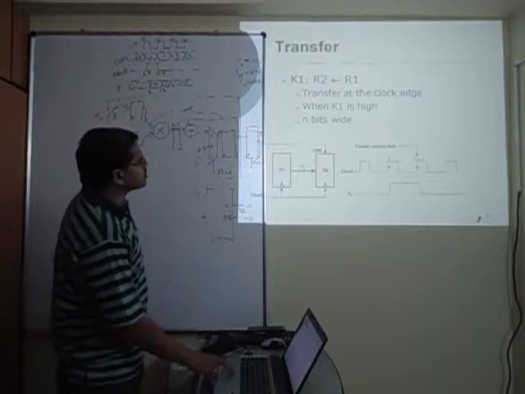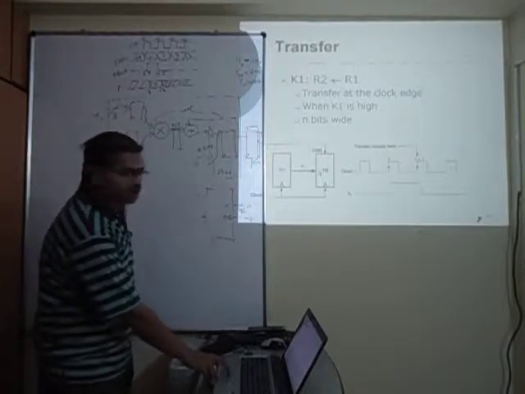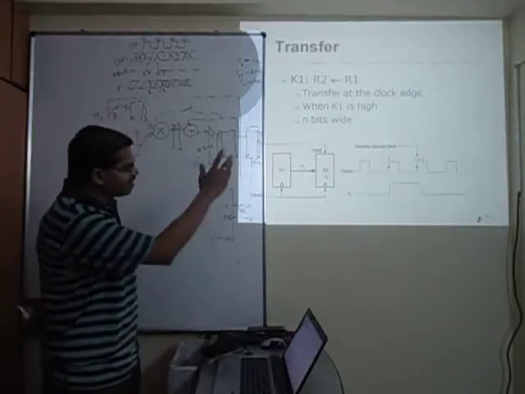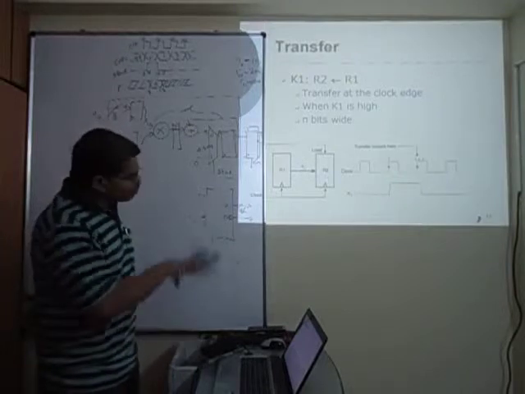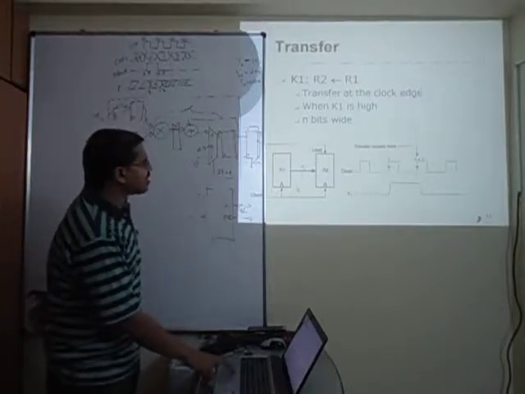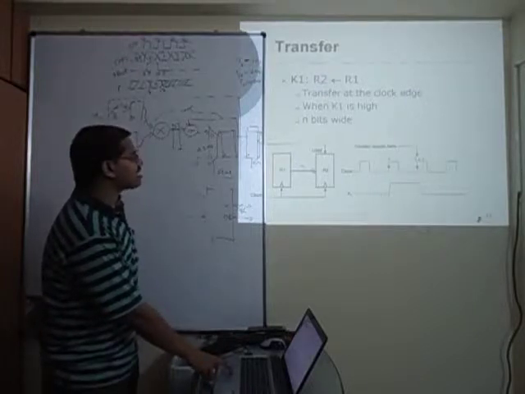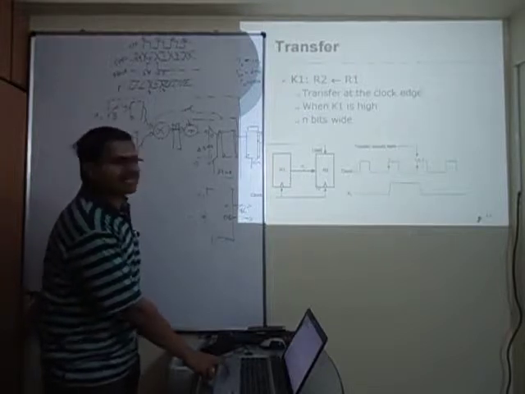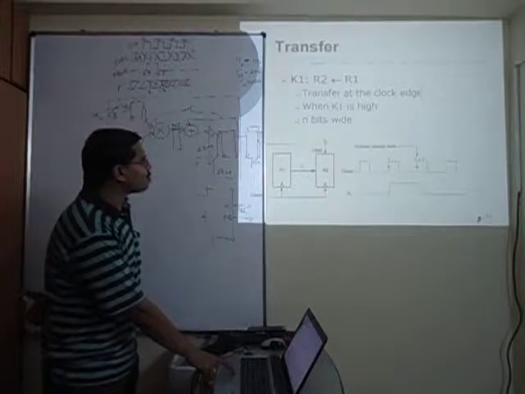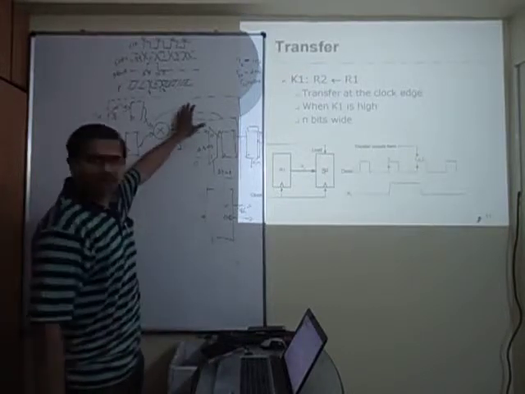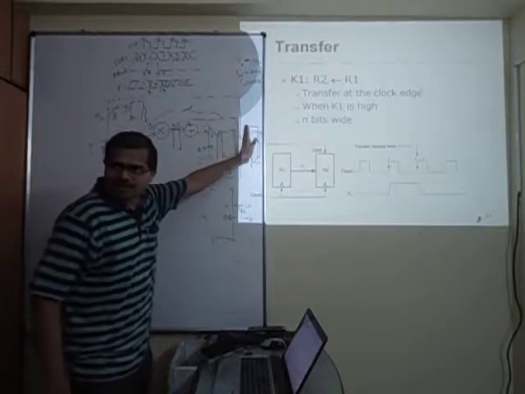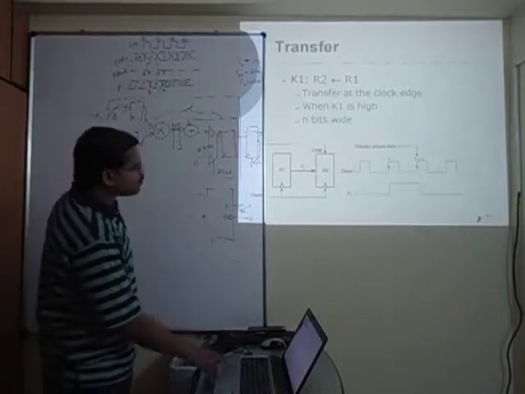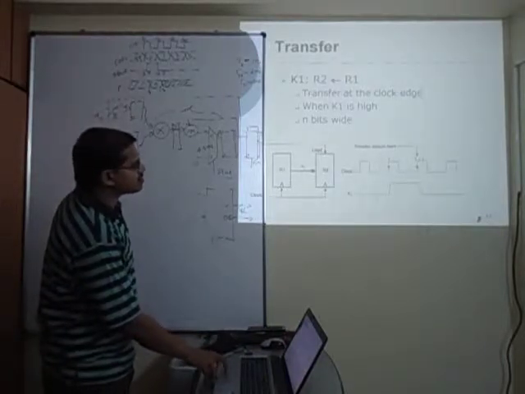Now look at this. This is R1, this is R2. You cannot all the time connect and disconnect these lines, so the lines will be permanently connected. In my next topic we are talking about the bus, etc. As per the bus architecture, these wires are permanently connected. But what changes at runtime is the logic on this wire, load. So all the time R1 data is available at the input of R2, but only whenever I give load does it get loaded. Similar to our earlier example, all the time the Z output of this flip-flop is available over here, but it gets loaded only once you enable it. The enable here and the load there are the same. You got it? So the point to be noted here is that these are enables which are generated.